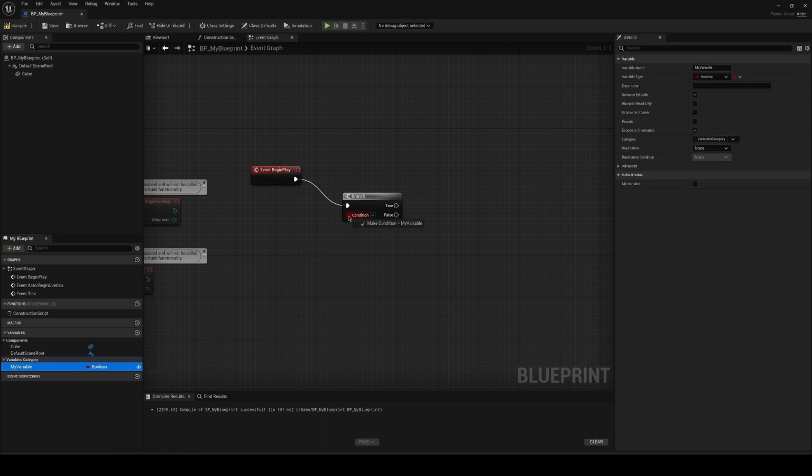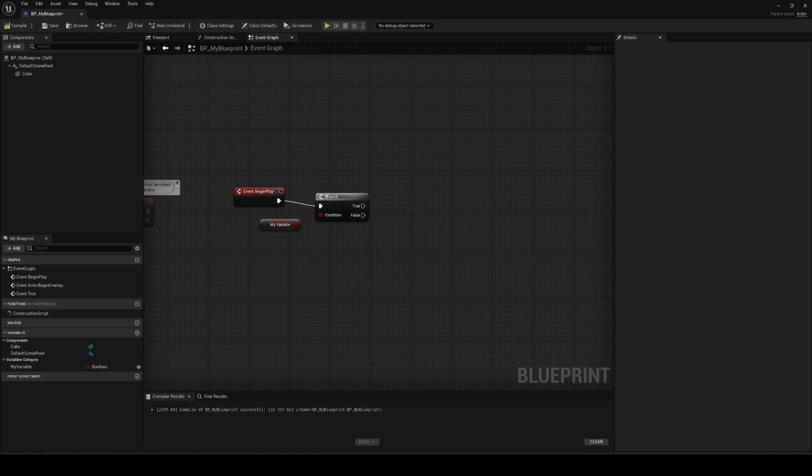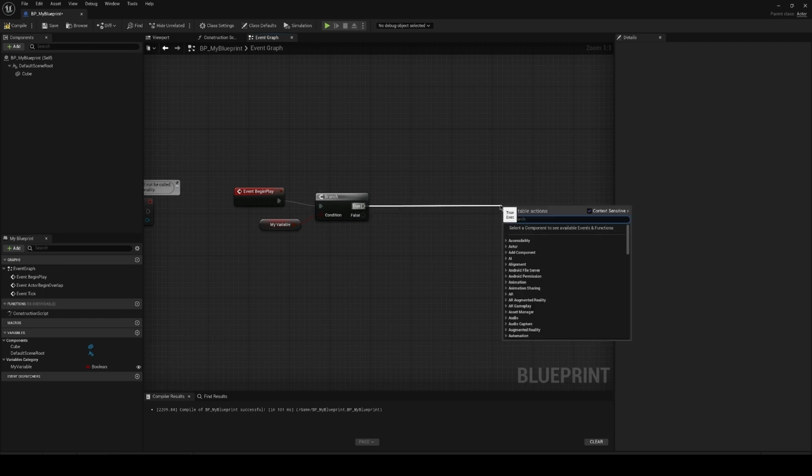So I'm gonna grab my variable. I can drag it out here. I can drag it direct onto the pin to get it, or I can press get my variable. So if I grab it and I plug it in, suddenly my variable dictates the true or false. Now, let's say I want to change where our actor is in the scene. This is a really great example. So I'm gonna drag out from true, and then I'm gonna start typing actor